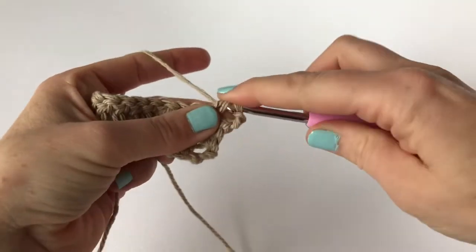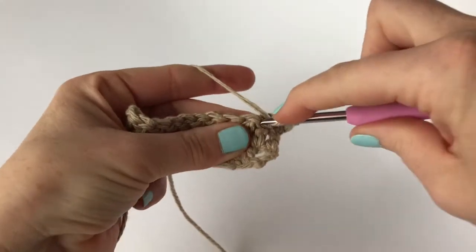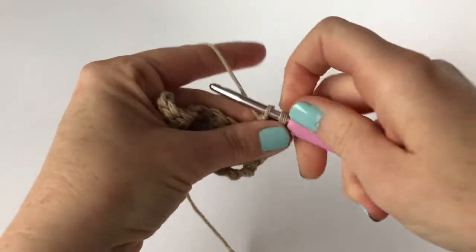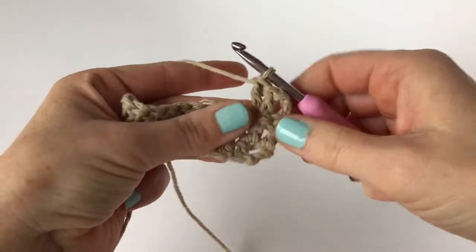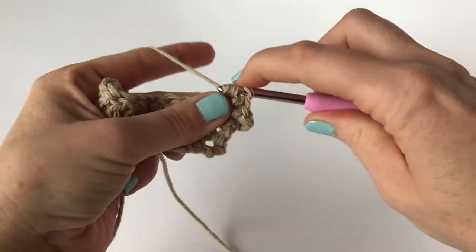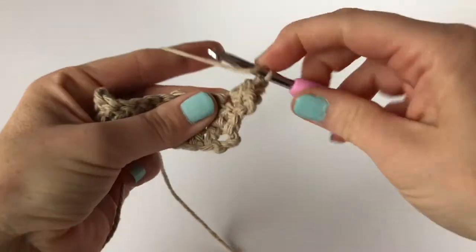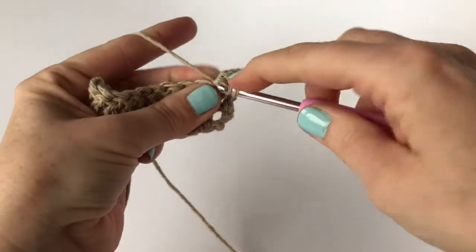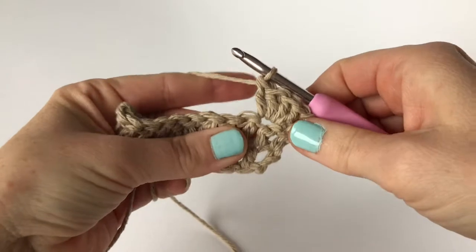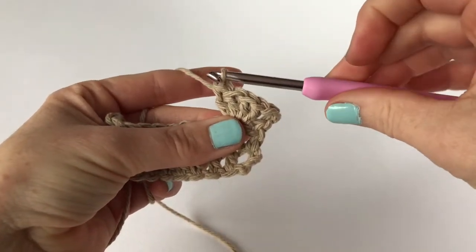So that's 1, 2, 3, and 1 more treble into this same stitch, 4. So I've worked 4 treble all into that same stitch, and all you do now is you remove your